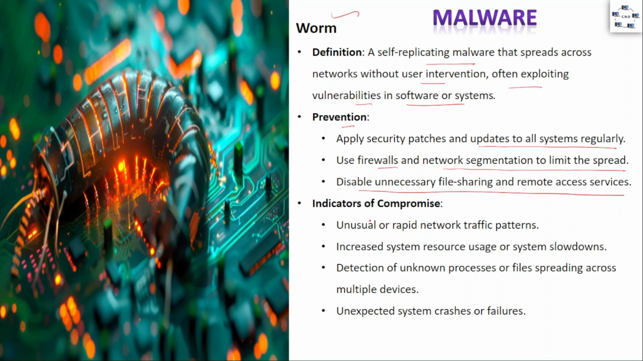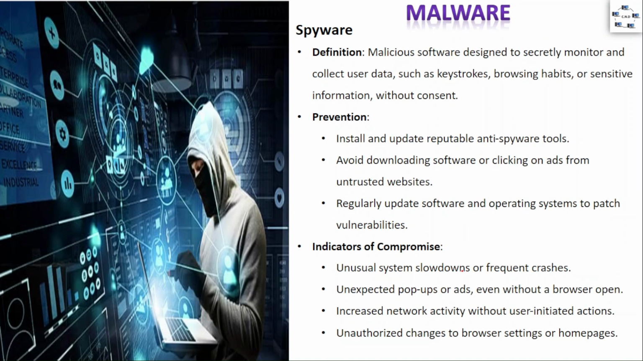Indicators of compromise include unusual and rapid network traffic patterns, increased system resource usage or system slowdown, detection of unknown processes or files spreading across multiple devices, and unexpected system crashes or failures. The next malware is spyware. Spyware is malicious software designed to secretly monitor and collect user data such as keystrokes, browsing habits, or